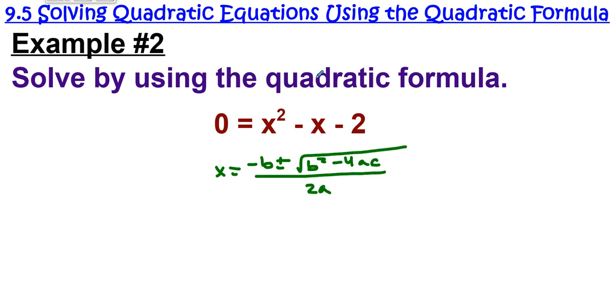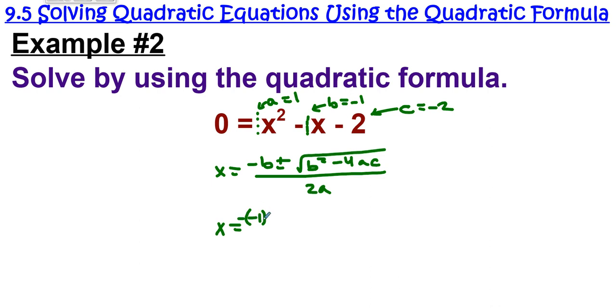Here we've got a 1 leading coefficient. That's a. b is negative 1. And c is negative 2. So that's the same formula from the last one. So x equals negative b, negative negative 1. Once you get used to this, you could just put positive 1, but I'm going to write it all out. So negative b is negative negative 1, plus or minus the square root of b squared